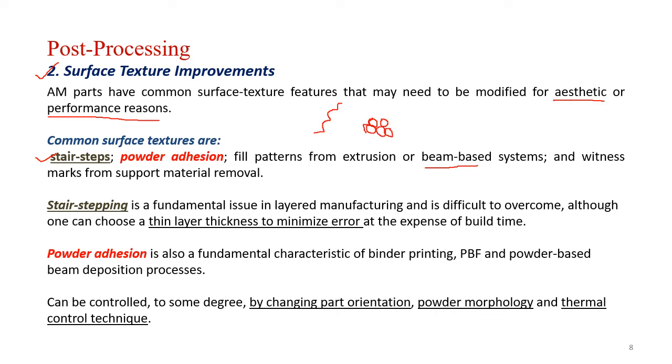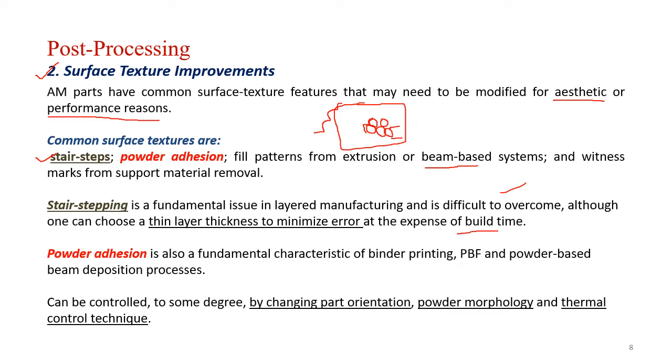While in production, it is very difficult to overcome. Although one can think of having a thin layer thickness to minimize this error, means providing a layer thickness of a very small diameter, or a small, thin powder input, to minimize the error. But the expense of building will be very high. Why? Because the layer will take more area to build, so it will take more time to build the complete volume of the